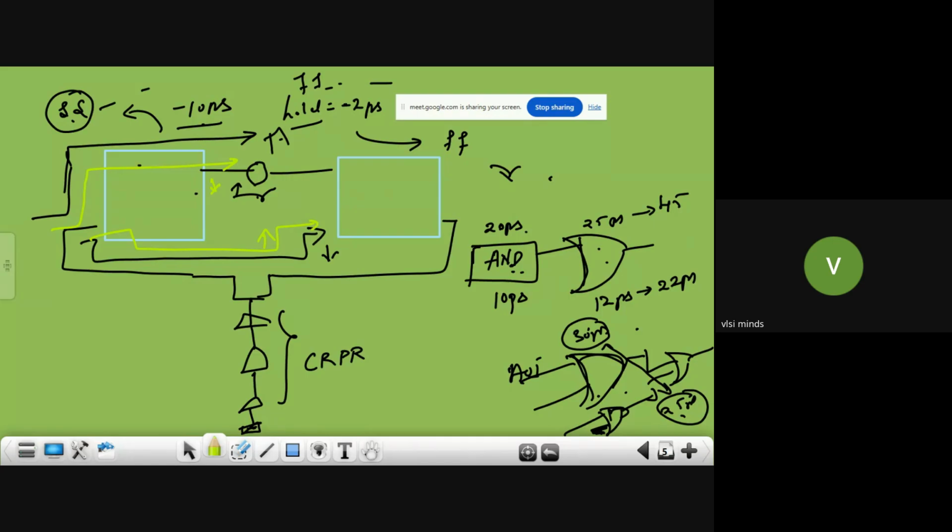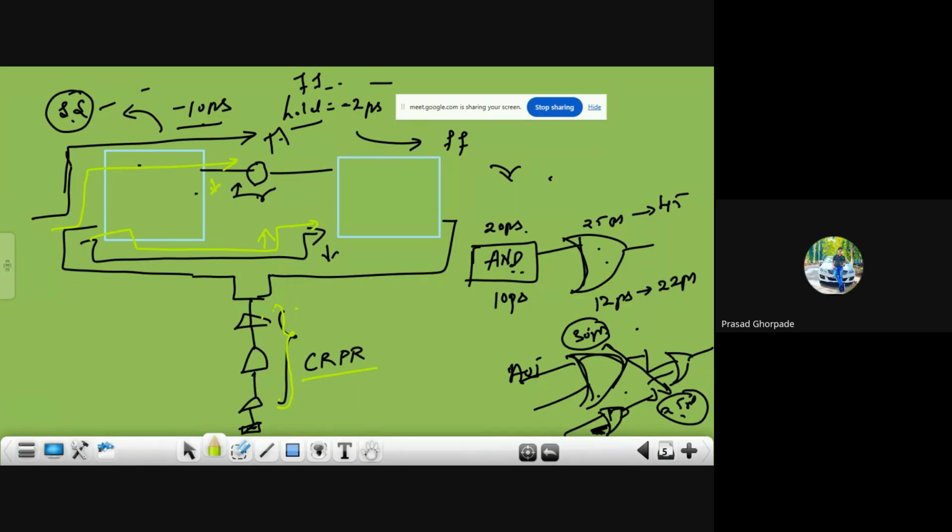So D rate is always bad for setup or hold. If you remove this D rate, your hold will also improve, and your setup is also improved. How to remove the D rate? The only option is to see that most of the clock cells will come in the common path. If most of the cells are coming in the common path, D rate will get cancelled in the form of CRPR, clock convergence pessimism removal, or CPPR.